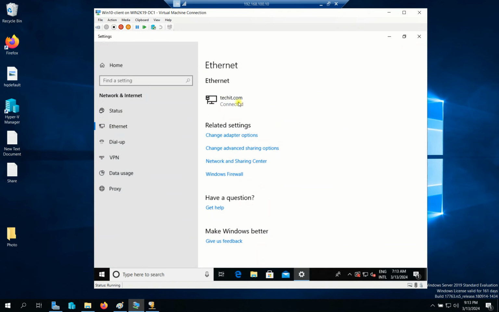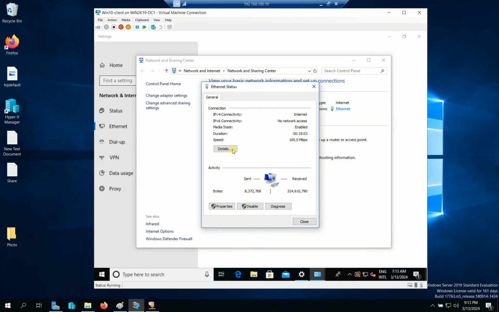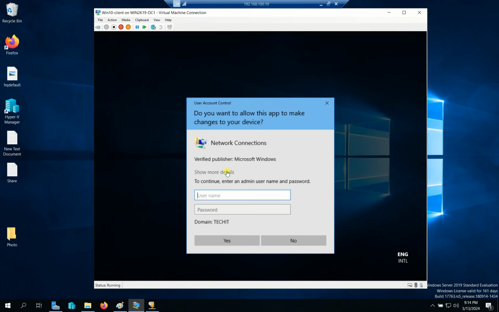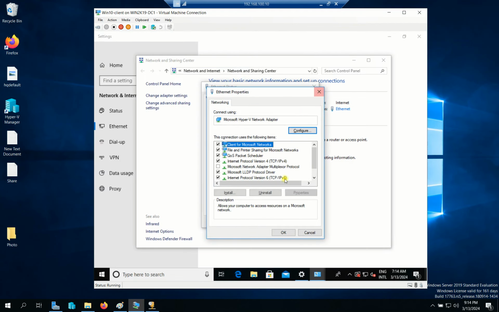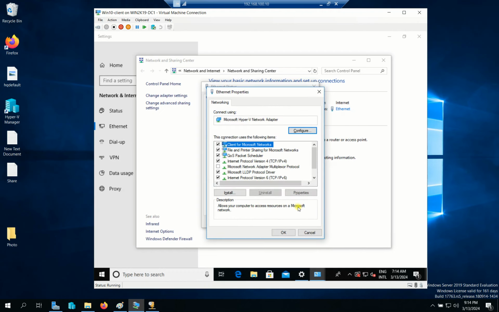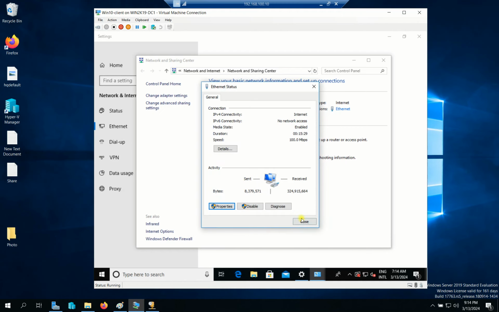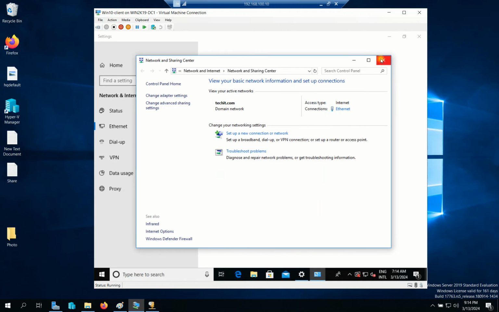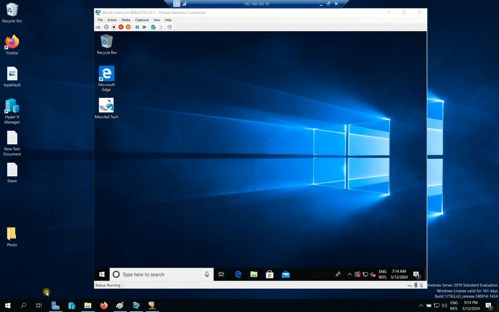I need to check whether I put it static or dynamic. Here I put it static, so I set it to automatic DNS server. So the IP will be obtained automatically from the DHCP server. So the range, everyone, it should be between